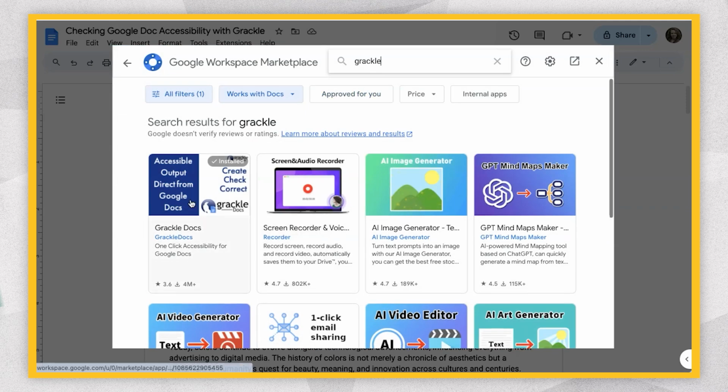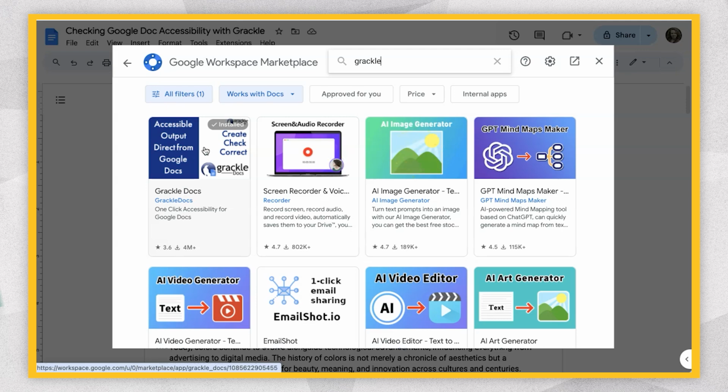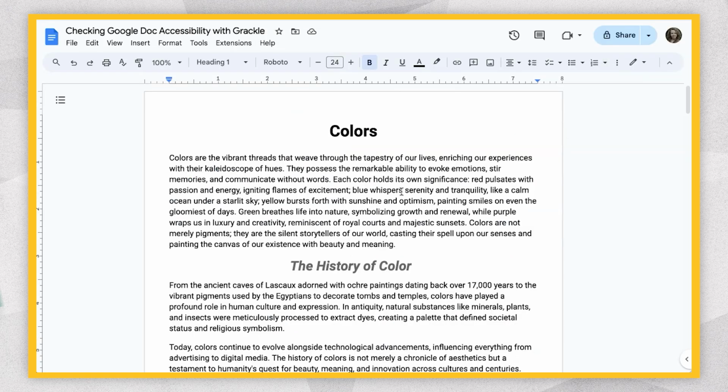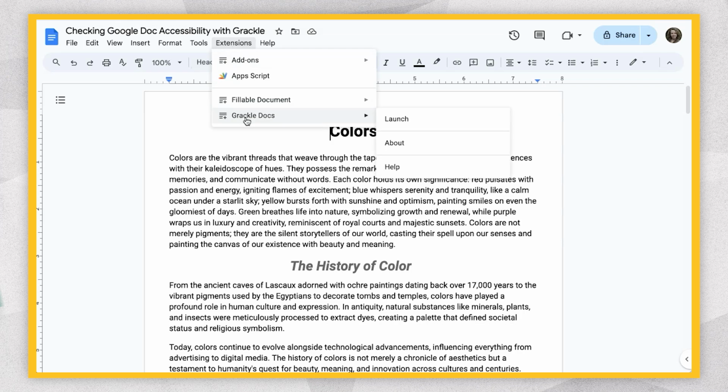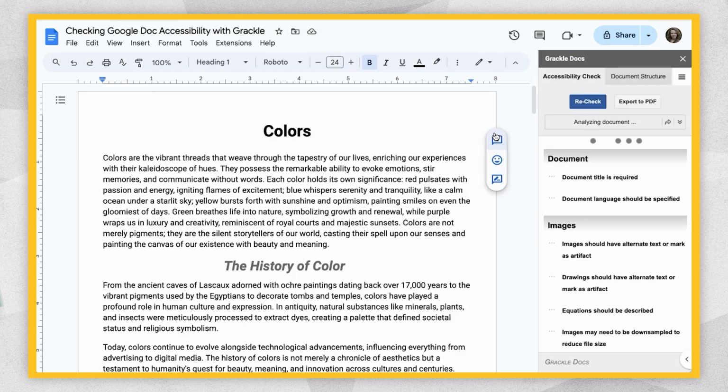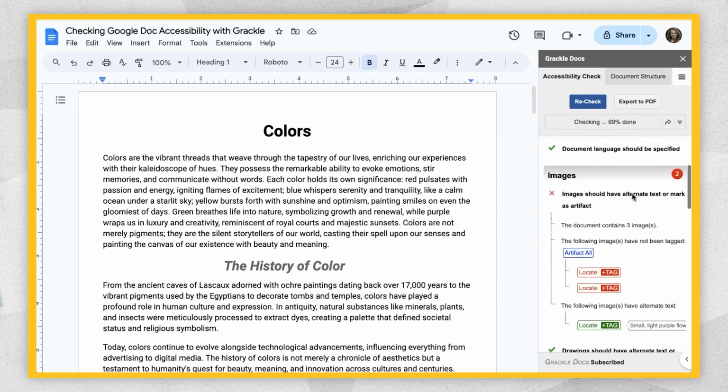Mine is already installed, but if it's not installed yet, you'll just click that and follow the instructions to install by logging in through your UA account. Once the add-on is installed, all you have to do is click Extensions, Grackle Docs, Launch. And this will be the same in Google Docs, Sheets, or Slides. The extension will appear on the right side of your page here, and it will do an accessibility check of